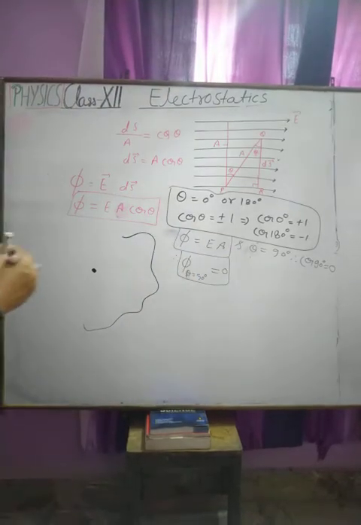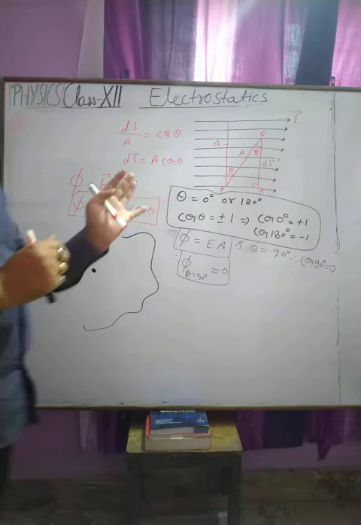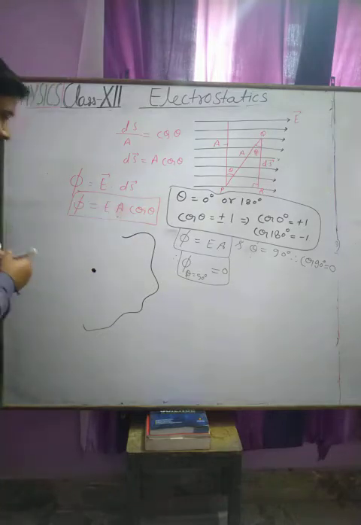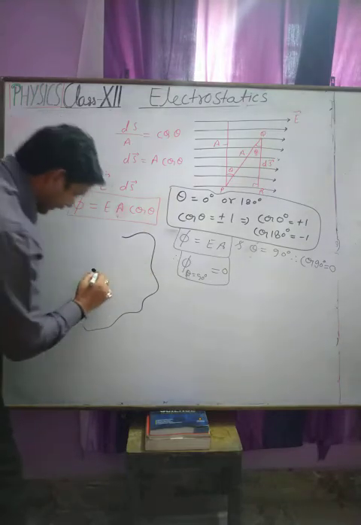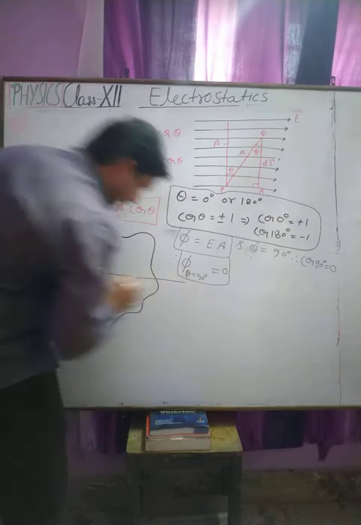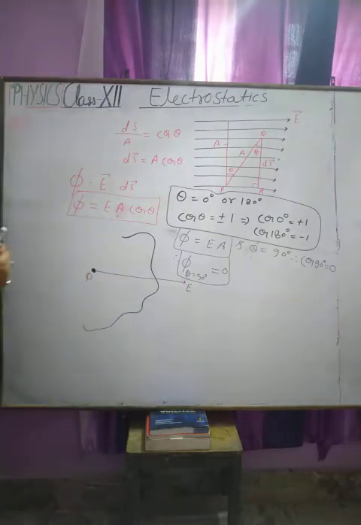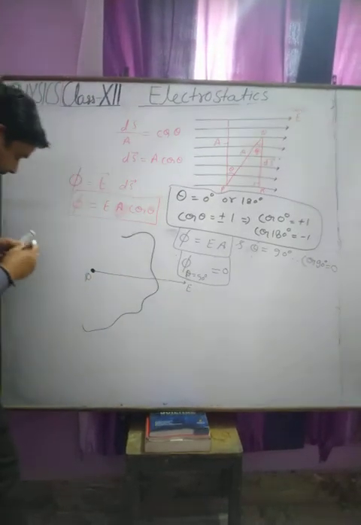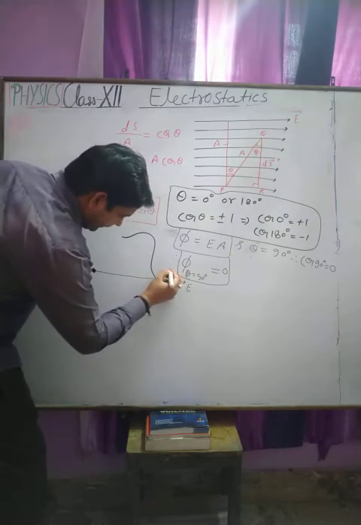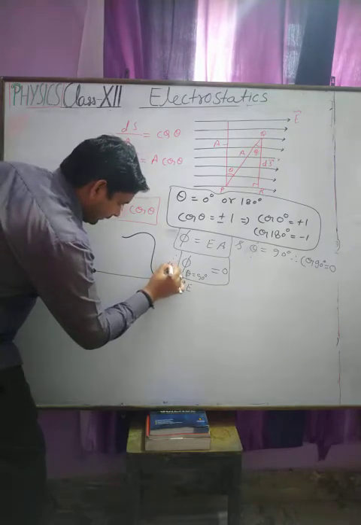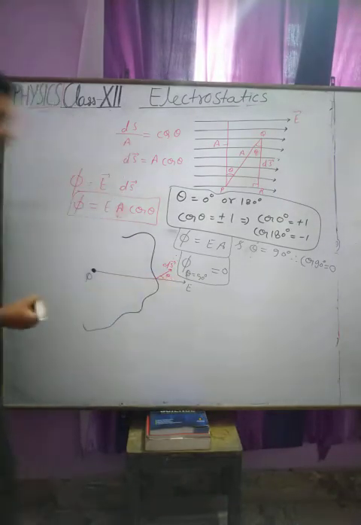Okay student, now we are going to understand how to calculate the flux for any kind of surface. Suppose this charge q produces an electric field in this direction, therefore this is the direction of the electric field. And normal to it, this is the area vector. So this field and area vector have angle theta.